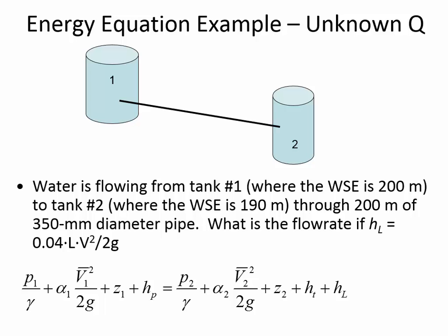One other thing I want to ask you about is, if this energy equation can be applied at any 2 points in the system, I could have made this be 1 and this be 2. Or I could have said, let's have this be 1 and this be 2. And it will work. The energy equation is valid between any 2 points in the system as long as they're connected by water. From a strategy standpoint, why do you think I picked the top of the water surface to be my locations 1 and 2?